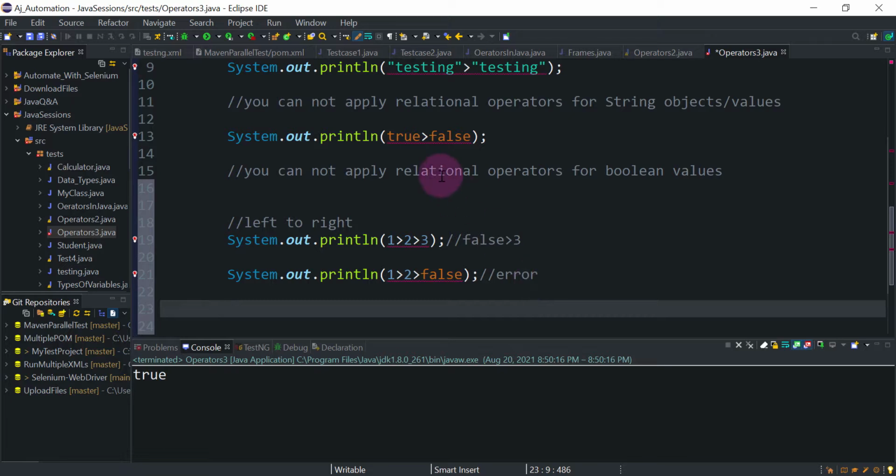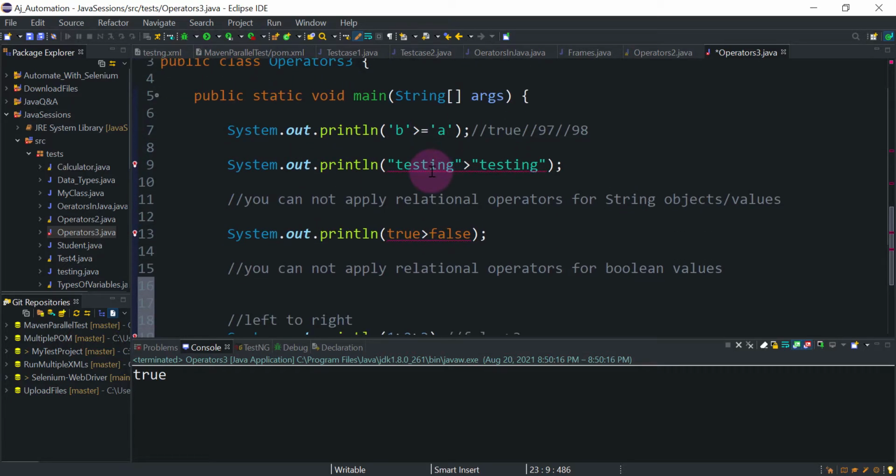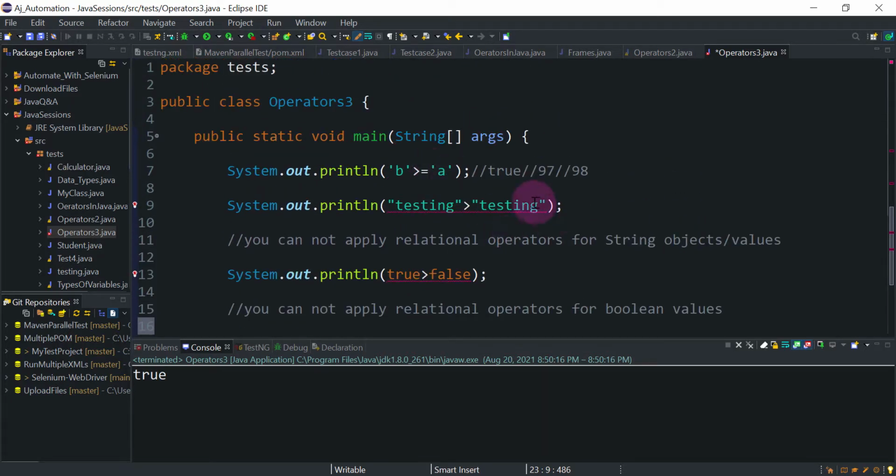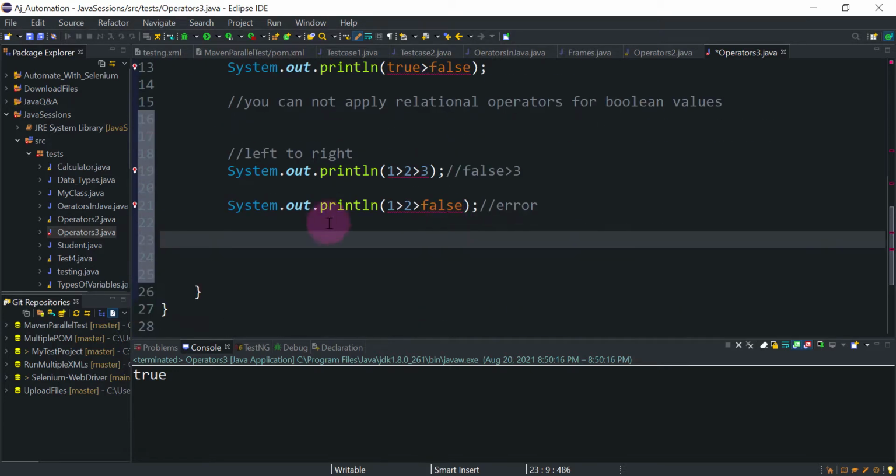There is one more thing I need to show you: what if we try to compare objects? Here we have compared string objects, string values. Now if I try to compare objects, I have two objects.